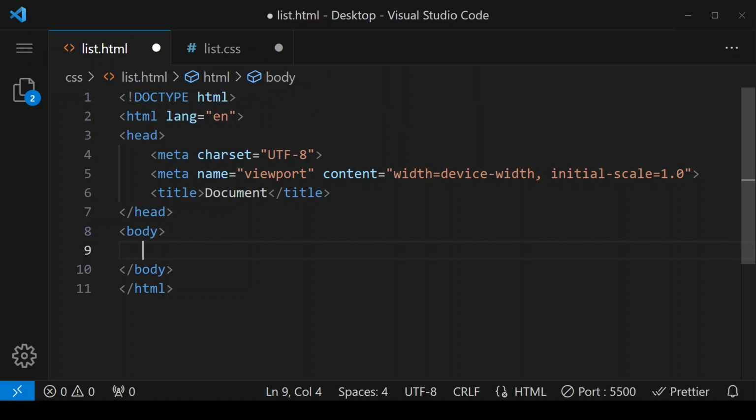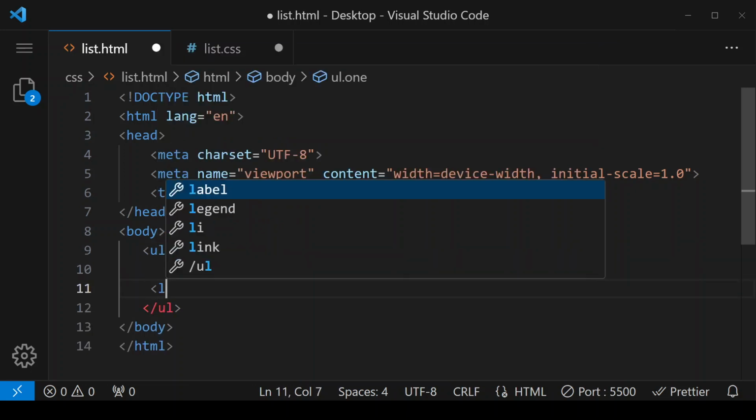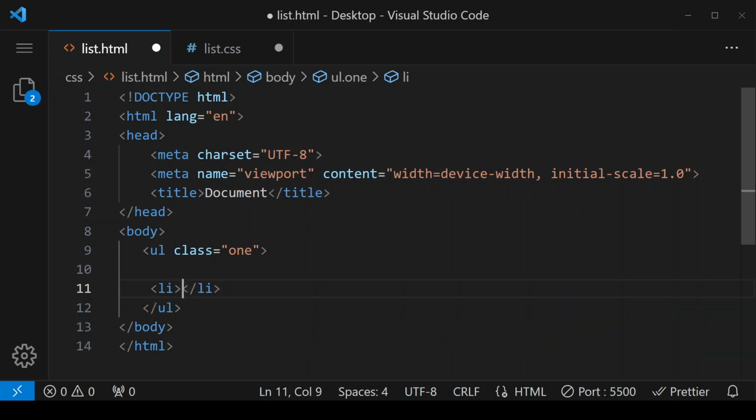For unordered list we will write ul. We have already seen that for unordered list we use ul. Then class equals to, I'm giving 1, and here within the li tag I'm writing 1,